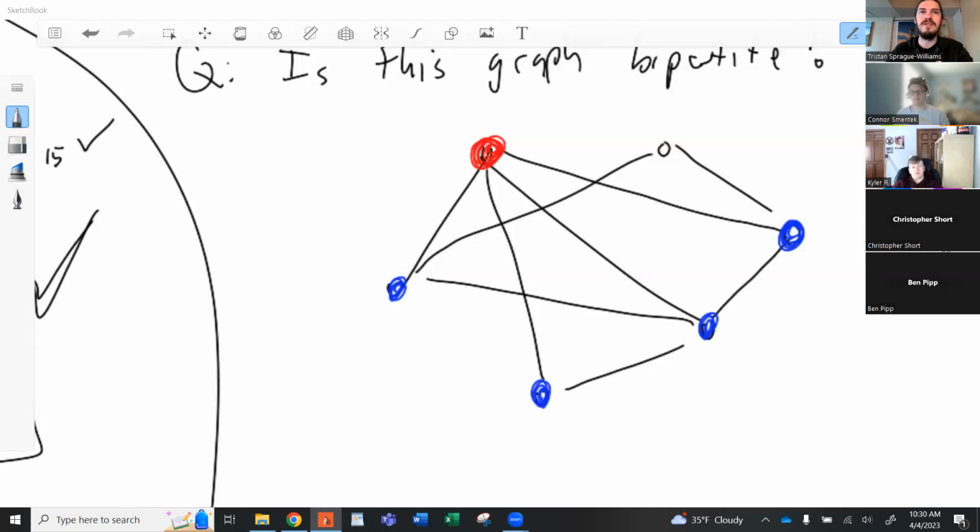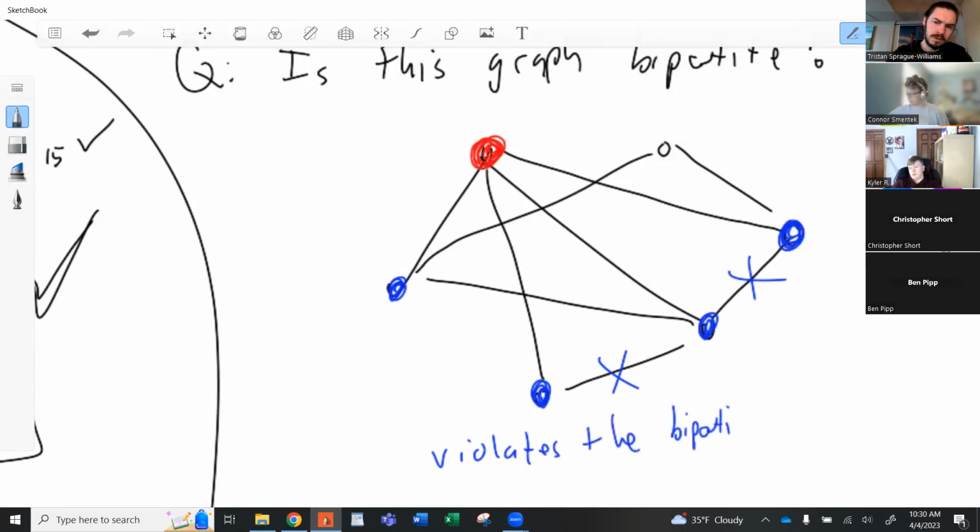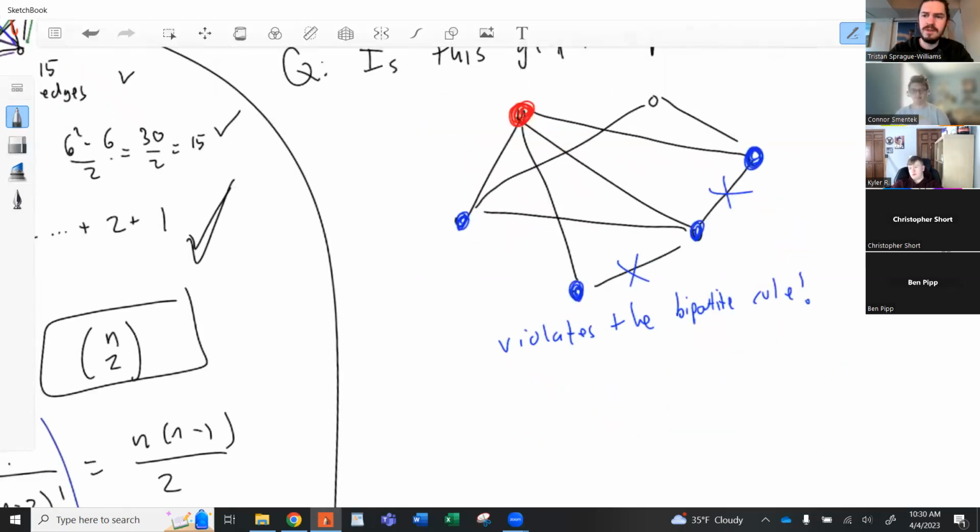I think we're getting lots of no's with more confidence now. What makes you more confident now than you were before? There are 2 blue vertices connected to each other when there can't be, which violates the rules. Perfect. Violates the bipartite rule. That's correct. So we can say this is not